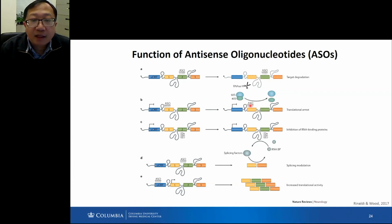So when they bind to this site, they can inhibit the binding of the translation machinery to the start codon, and so they can cause translation arrest. Also, some mRNA binding proteins can bind to certain non-coding areas and cause cellular toxic effects. If you use an antisense oligonucleotide to bind to this RNA domain, it can inhibit the RNA binding protein from binding to this RNA and can reduce the toxicity of this